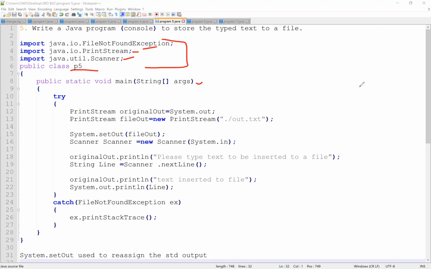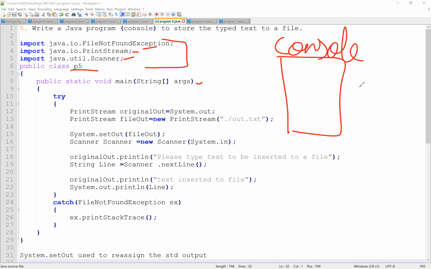This is our console, and this is our file. The name of the file is out.txt. For this program to be executed, we need to have a file which is already there, whose name is out.txt. Dot slash means the current directory.